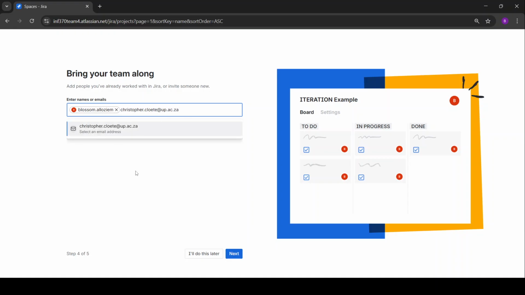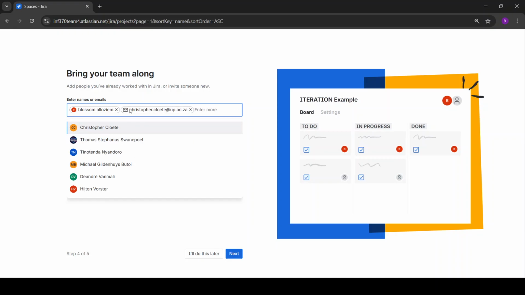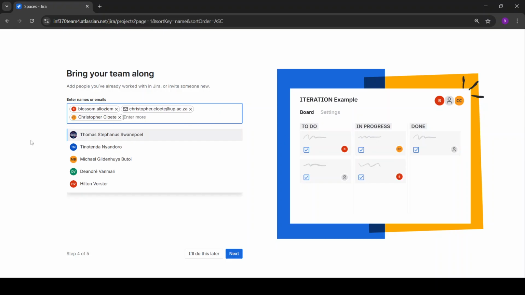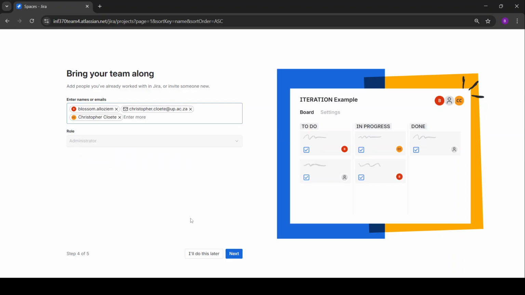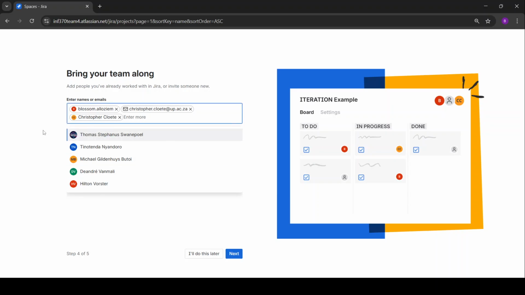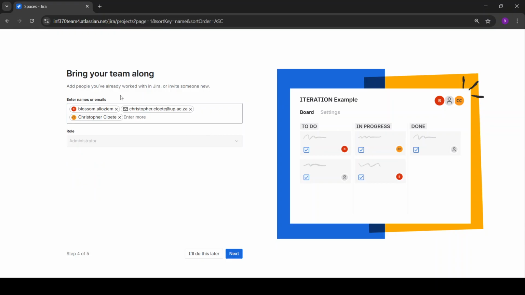Right. And you can just click on that just so it saves as that. You can click on this, whatever. If your team was already on JIRA, then it's easy to just select them from the drop-down menu that appears. Either way, you just need to make sure to add everybody. After that, you click on next,